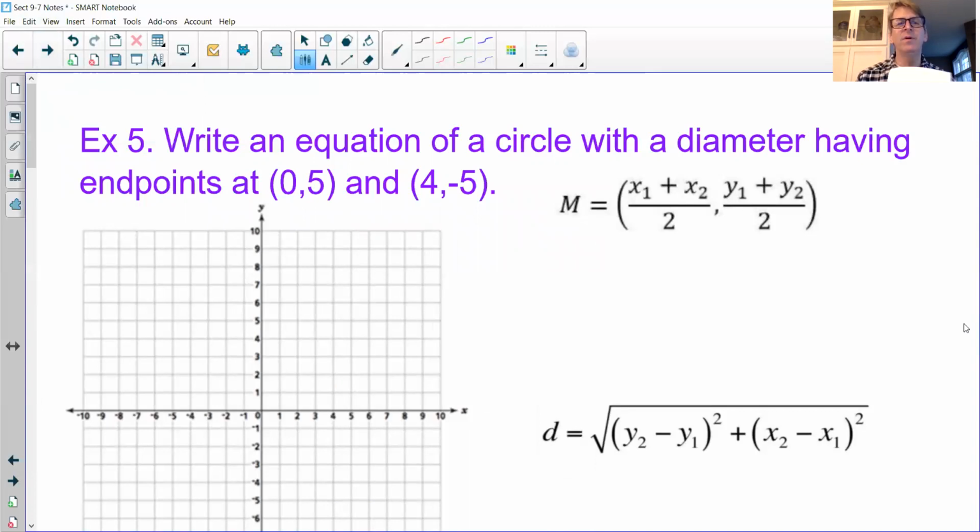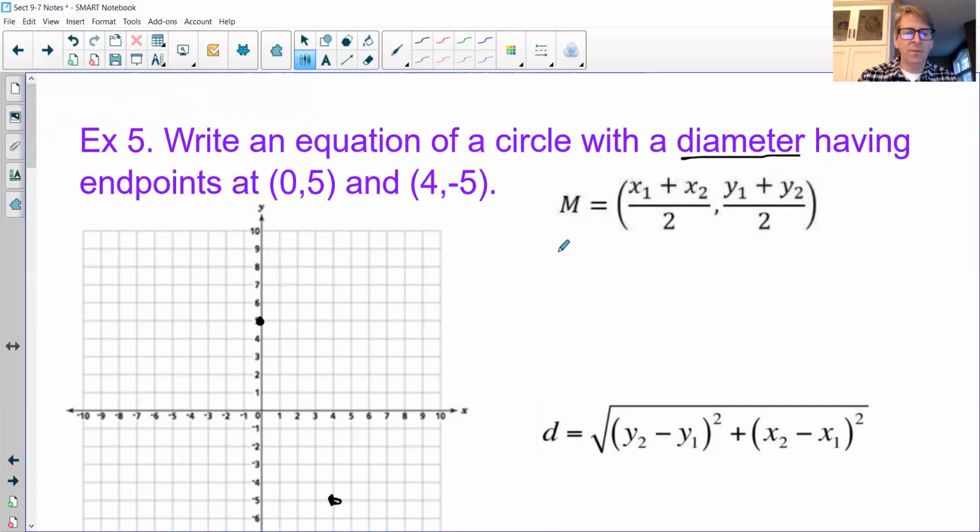The next example, I'm going to use the midpoint, and it's going to use the distance formula. So I've got that laid out already here. It says write an equation of a circle with a diameter. Okay, so you might guess why I'm using the midpoint here, because I have the diameter having endpoints at 0, 5, and I'll put that in, and 4, -5. 4, 1, 2, 3, 4, 5. So at these 2 points,